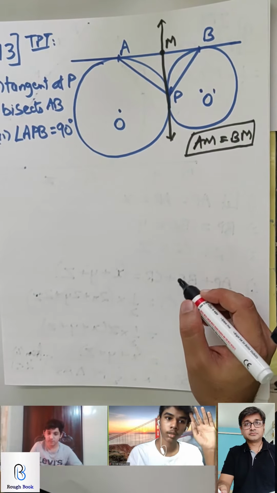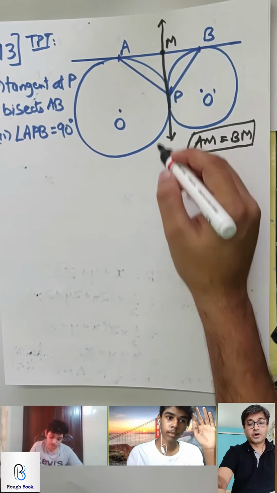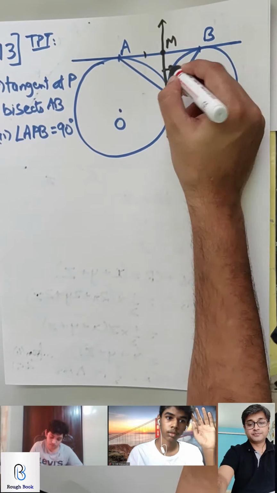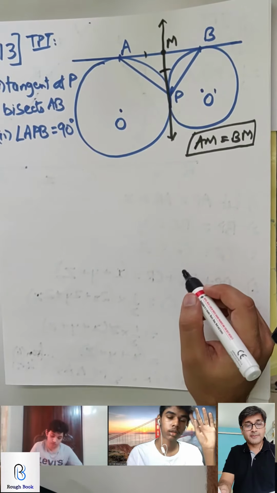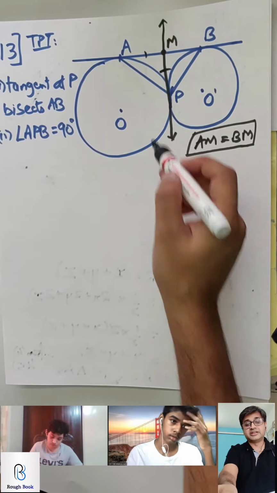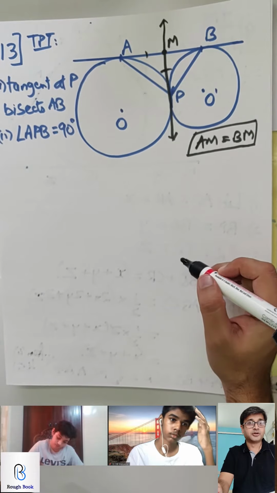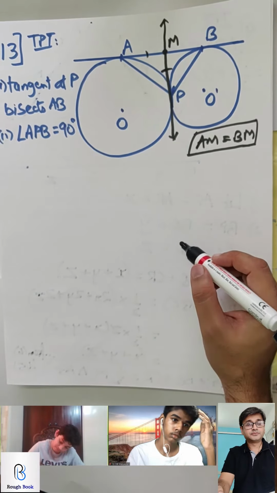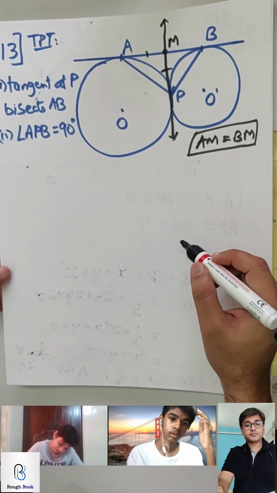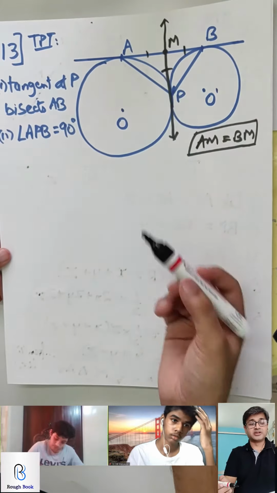Yes, sir. So we can say that AP is equal to AM. Not AP, MP, because M is at the center over there. So MP is equal to MA, tangents drawn from an exterior point to the same circle. Come on, so now what to do? MP is equal to MB. Perfect. So both are tangents and then you can just connect.